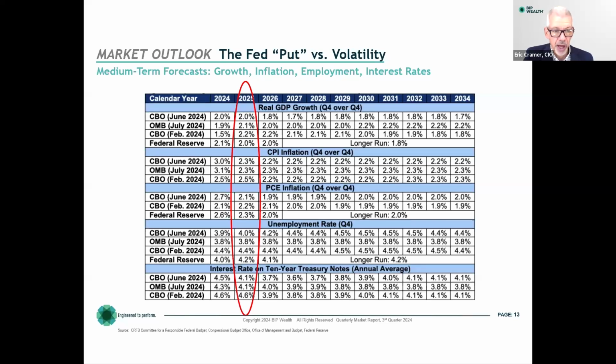So the Congressional Budget Office is expecting real GDP growth next year to be 2%. And while that sounds like a small number, they're projecting that inflation measures will be a little bit above 2. So the number they're thinking we're actually going to see is somewhere around 4.1 to 4.3% in nominal terms, which is not bad at all. If you look at the Office of Management and Budget, it's similar. You look at the Federal Reserve, it's similar. And so my point in showing you these numbers is to really let you see that nobody is predicting a